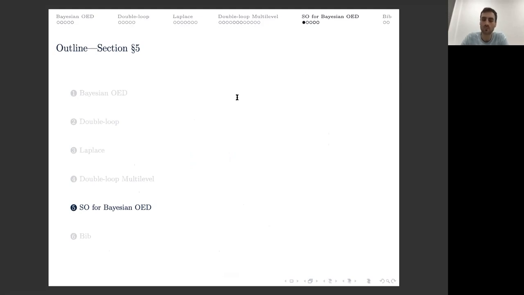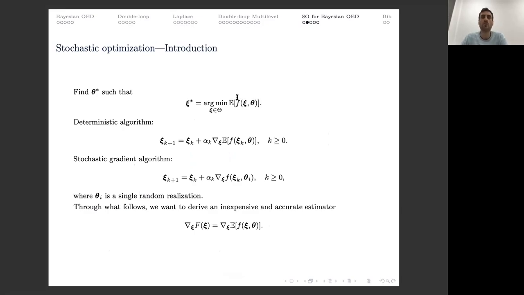Now I will show you another work that we did that I like very much, but I will show it very, very briefly. In the problem before, we didn't discuss how to actually find the best experiment. How do we optimize the problem, and how do we find the optimal experiment, the Xi asterisk? This can be posed as the argmin of the expected value of a function. And what we usually can do here, using deterministic algorithms, is to compute the gradient of this expectation and